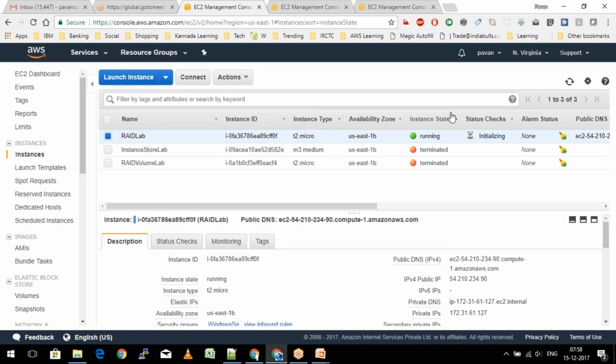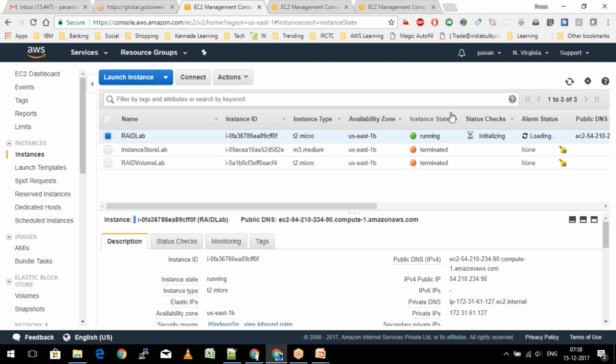So the RAID volumes are basically, as we learned, to improve the performance by virtually combining them. If I have 3 volumes of 2 GB, I'm going to combine them into one single volume of 6 GB size, and I'm going to get an output of 300 IOPS, which is going to help improve the performance of the disk, so that I'll be able to store the data at a much faster rate onto the disks.